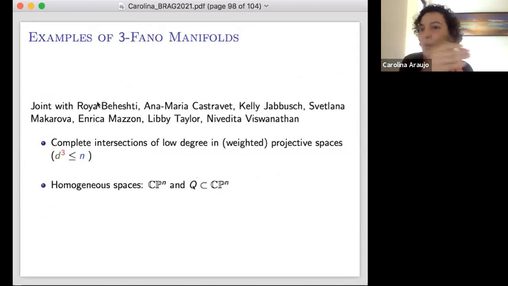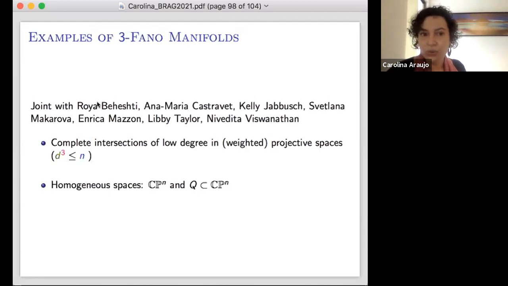So we know no other example of 3 Fano manifold. This is why I said that even though those results are very promising, maybe this condition, already for k equals 3, is so restrictive that